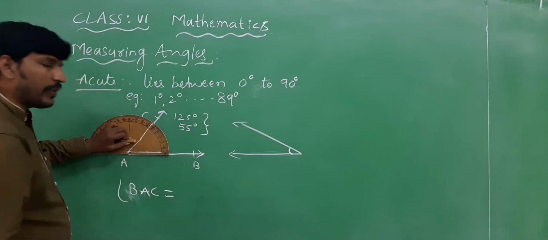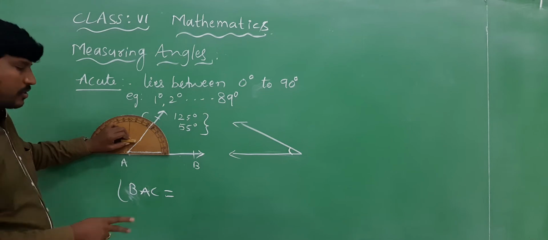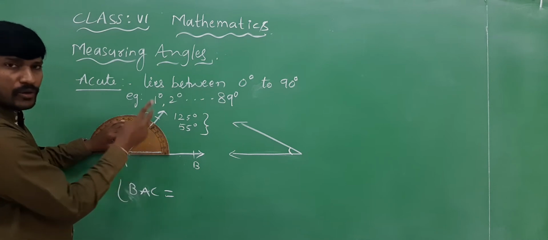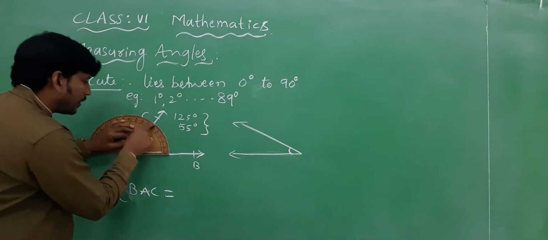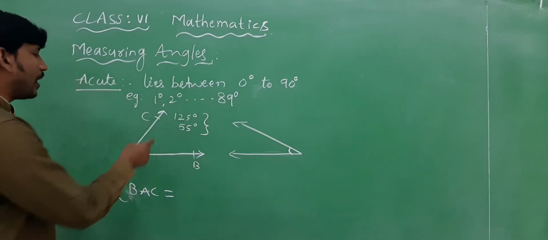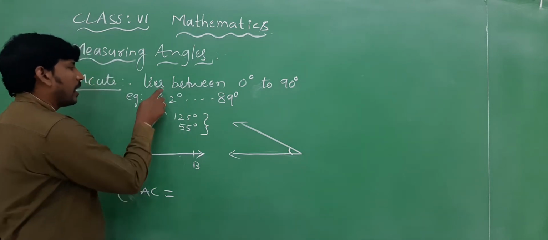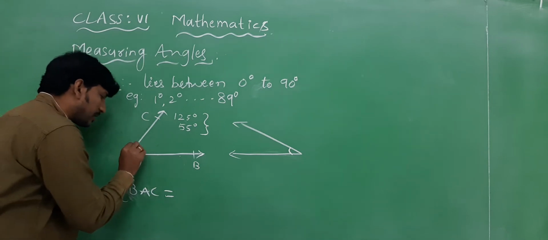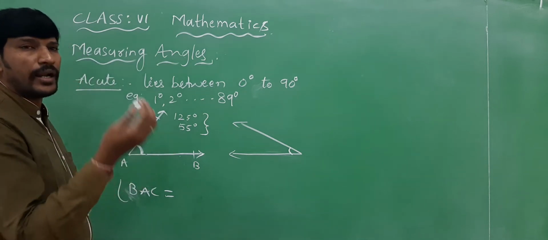So whenever you measure an acute angle or any angle using the protractor, you will get two values. One is above the line, the other is below the line. Right? There are two angles and two values. I got 125 and 55. Now, in these two values, which value are you going to consider? Yes, that depends on this figure. Already I told you, this figure shows that it is an acute angle. See, this is a curve. This is an acute angle, right? So an acute angle is below 90.